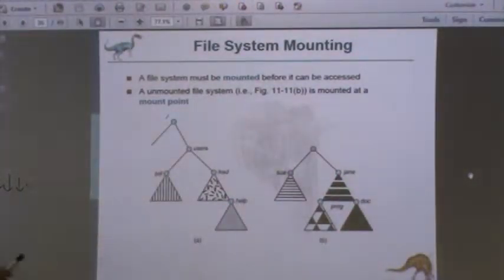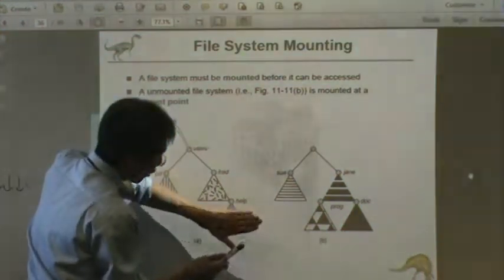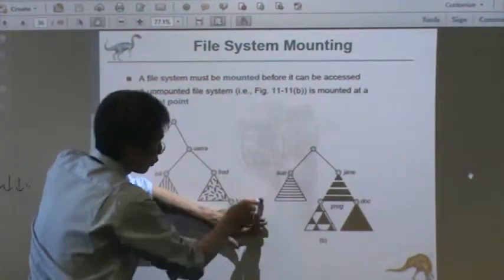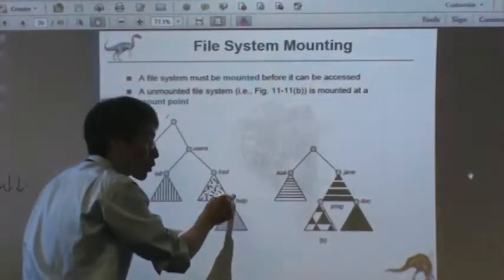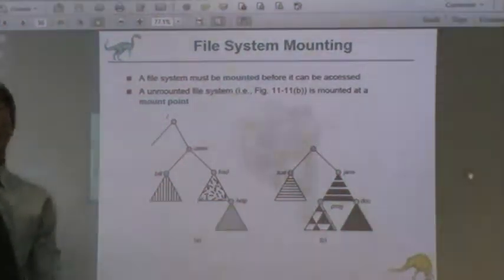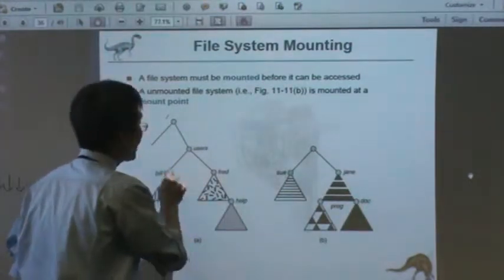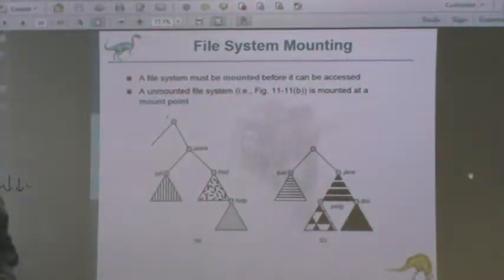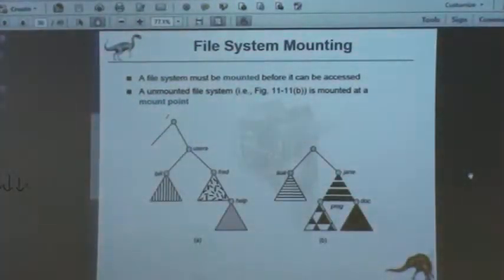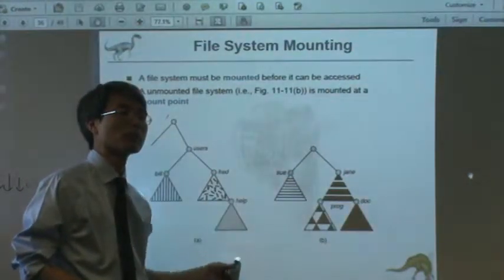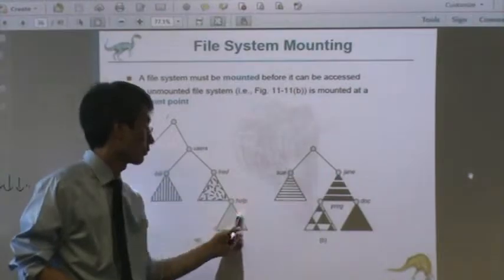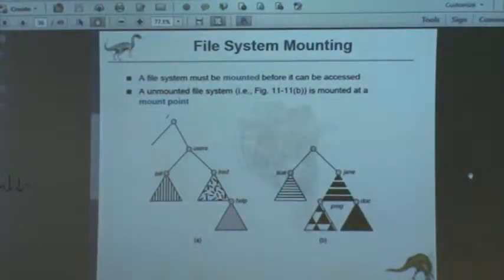So for example, if I don't want to use this, instead I try to plug in to this file system here. This one is called the mounting point. You can mount anywhere if you want. So what happens to the original directory? You cannot access it, it will be gone, okay? If you mount this one. So, for example,